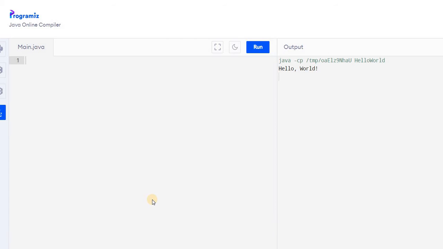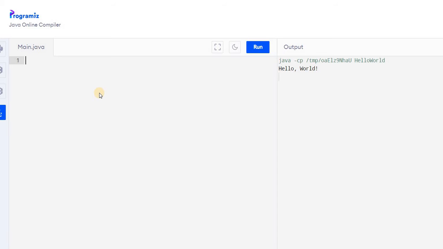In this video, we are going to see how to write a simple calculator program using switch case statements. Here, you will be getting two numbers from the user and we will be doing addition, subtraction, multiplication and division. So here, as I said, we are going to get two numbers from the user.